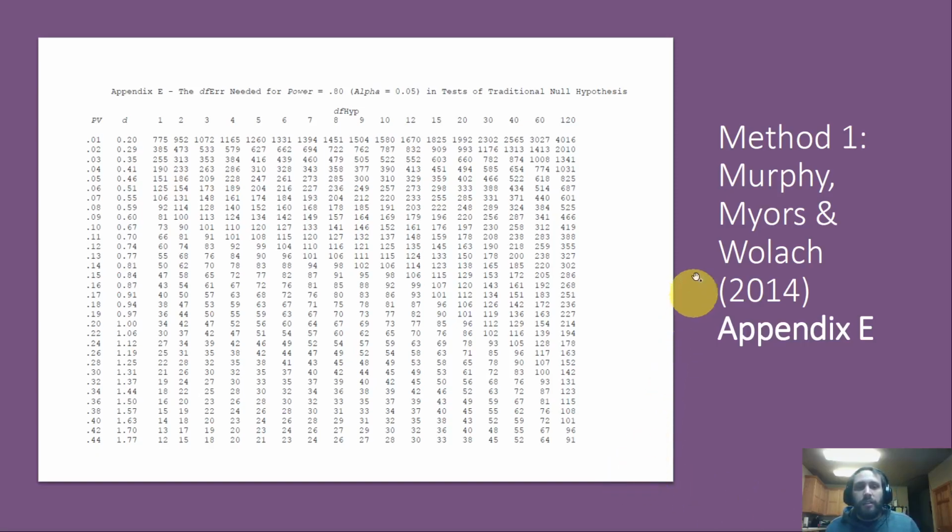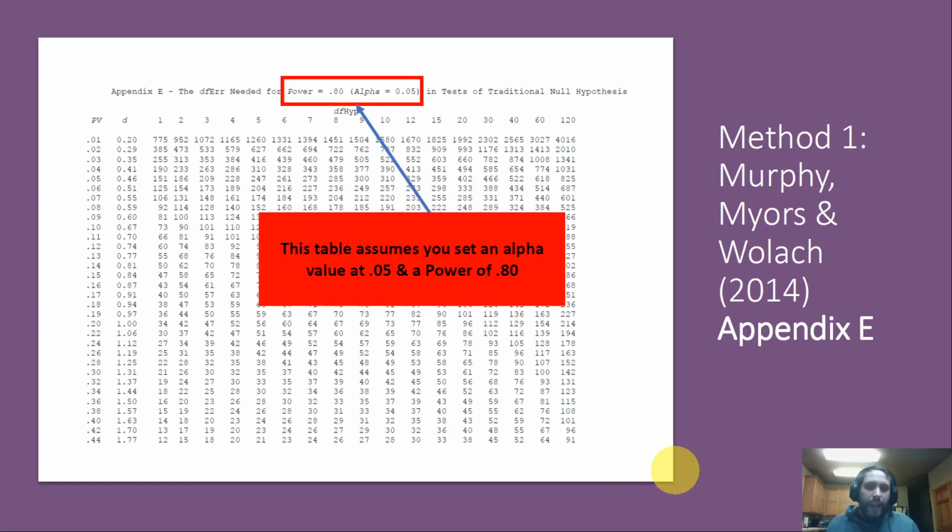So really, what you can see here is that we have this appendix with all these numbers. It could look a little intimidating at first, but we're going to really dig into this, and it's going to be pretty simple once we talk about it. Now, the first thing that I'd like to note about this chart is that this table assumes that